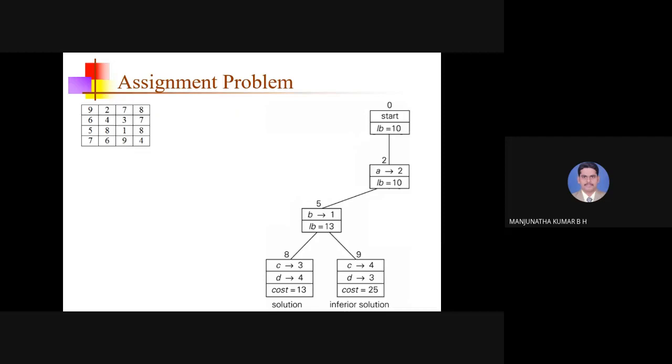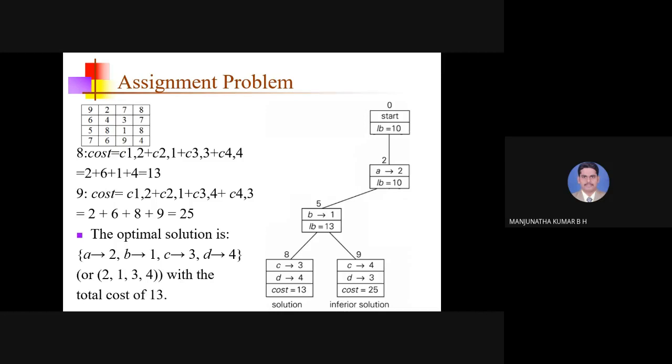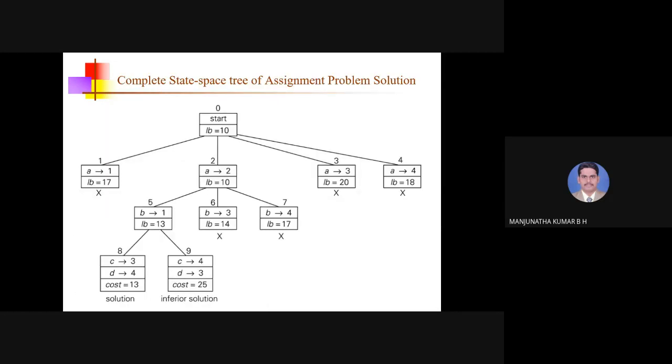And once the level is finished, we have to choose the best node, that is the node having the best bound value, as the next parent. And that node will be explored to produce the next child nodes. Once all the options are over, you can find the optimal solution, the node having the optimal solution. This is the general idea used to solve any problem using the branch and bound technique.